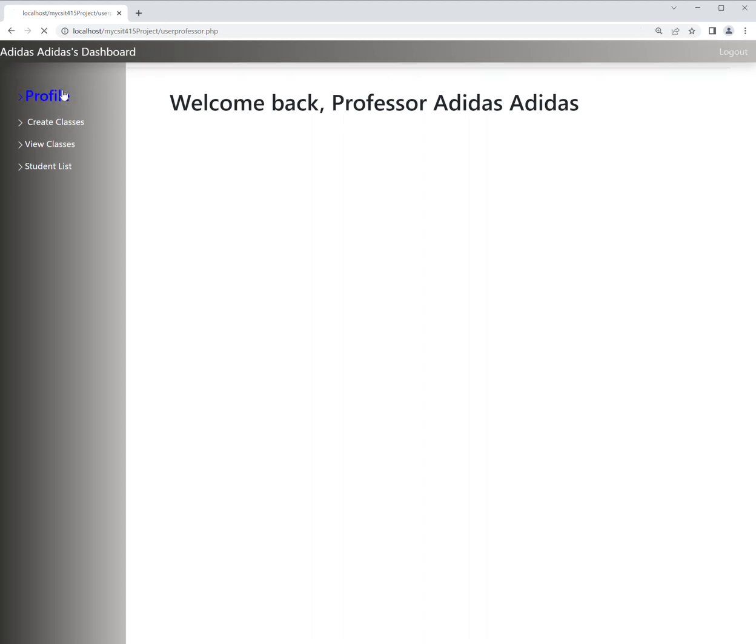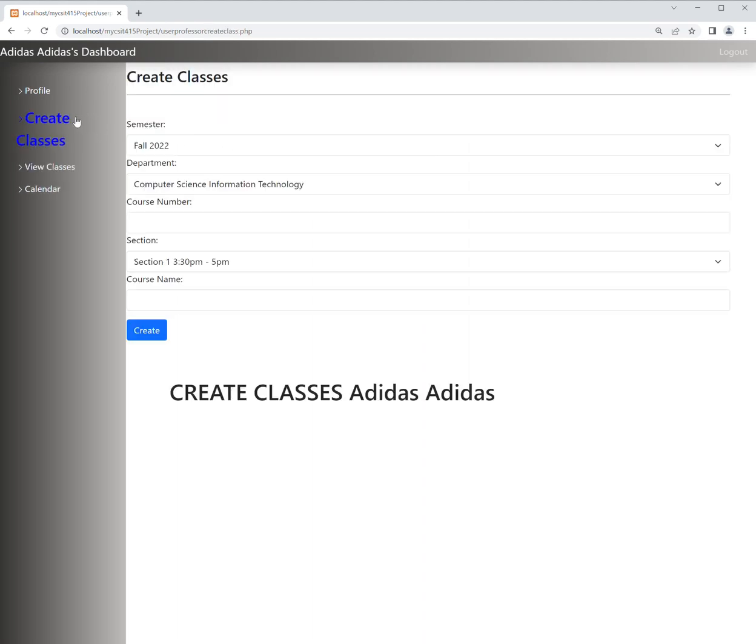The profile, I was working on it, but basically this is the main page of the dashboard. I want to add a couple of things like tasks or something, but just because of time I wasn't able to do it. But then a professor can create classes and